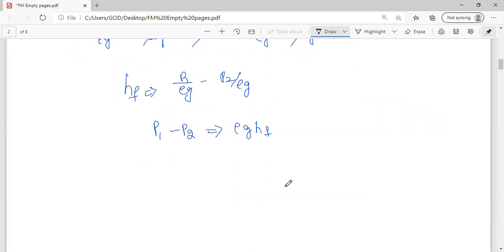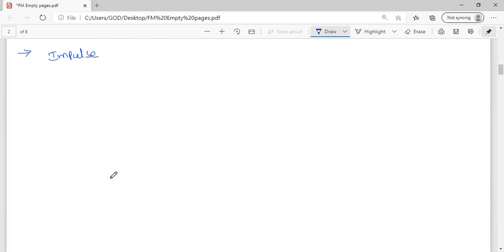Now if you go further, up to here you already studied in different phenomena, like in Bernoulli's theorem, to calculate H, that formula is done. There you have studied this already. But we can use the impulse momentum equation as well as this analysis to solve for the Darcy-Weisbach equation. For that I am using this impulse momentum equation. So what does the impulse momentum equation state? Sum of the forces must be equals to ma.